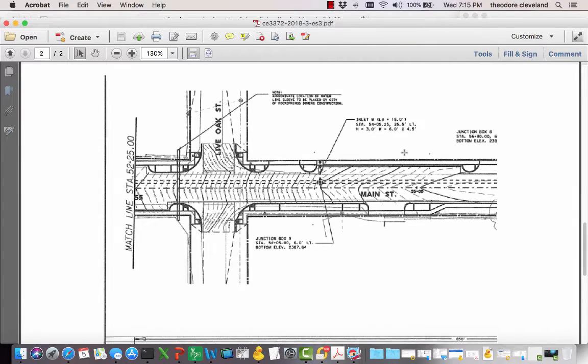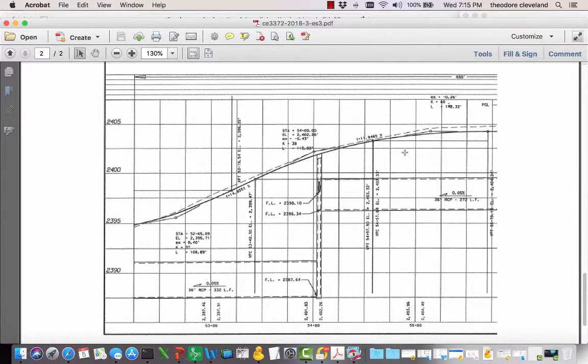If we look at the drawing and look very carefully, we see that the pipes have slope from the right side of the drawing to the left, and so the design flow is intended to go from